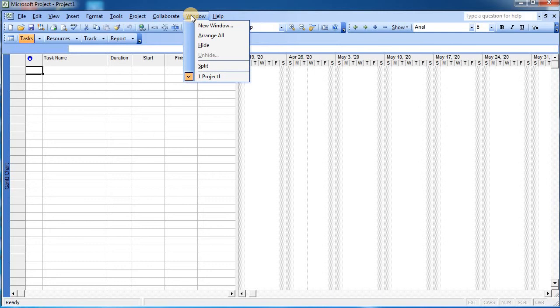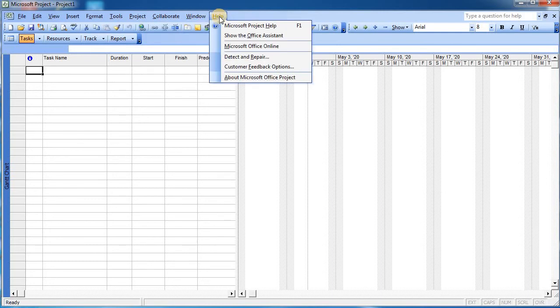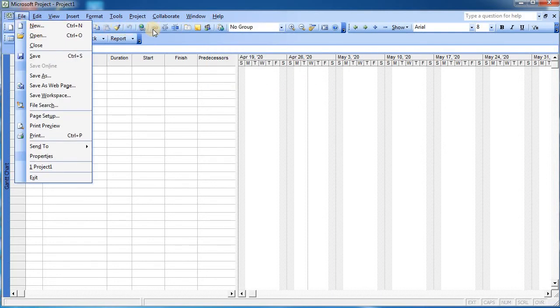Windows, we can split the window and carry out our work in two parts, and this is again the help section. Now one by one, while carrying out the development of the project, we will utilize all these graphical representations for the particular command.